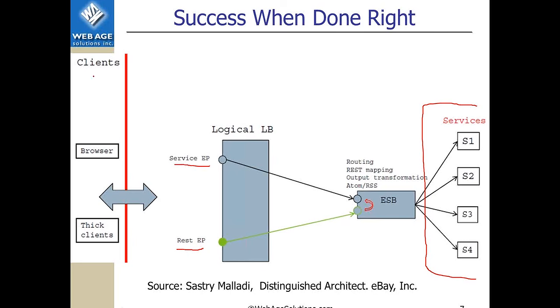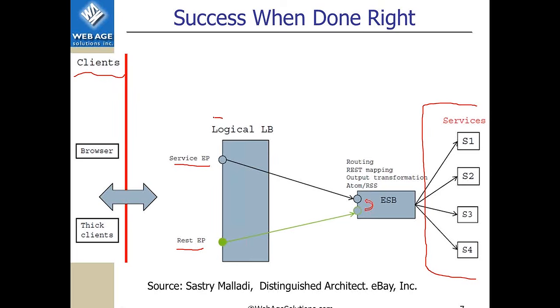Those were the entry points for clients to access the system, whether they use browser clients, some sort of HTTP clients, or any thick clients that run some applications connecting to the infrastructure.